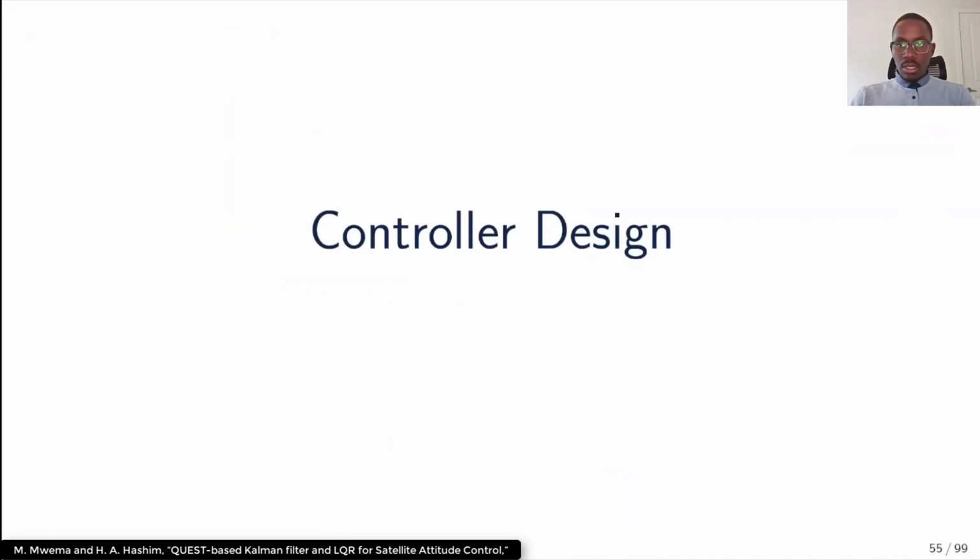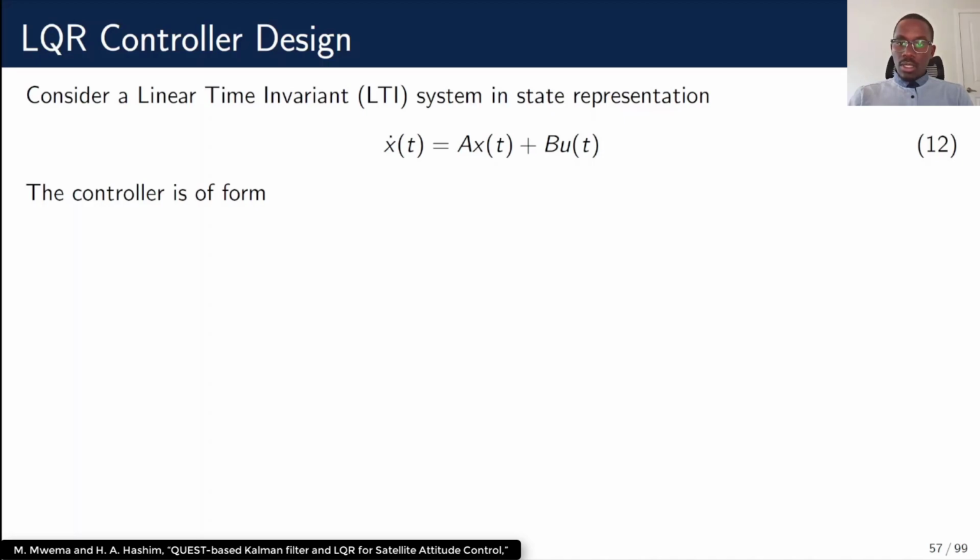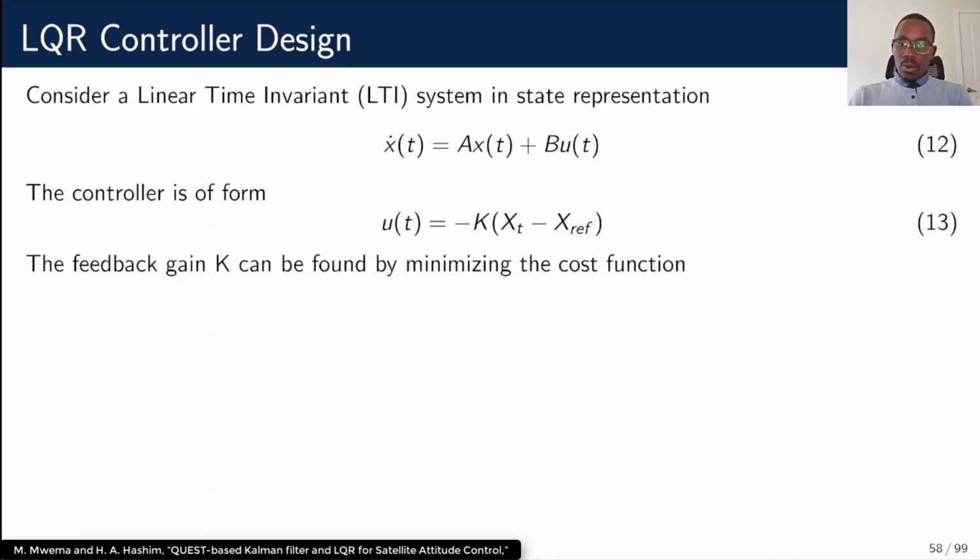Looking at the controller design, LQR is based off a linear time invariant system that follows the following state space representation. The cost function of the performance is constructed in the form of quadratic terms which track performance and control effort. The objective in LQR entails cost minimizing, and the corresponding control input solution can be obtained using the well-known Riccati equation. The controller is of the following form, and the feedback gain K can be found by minimizing the cost